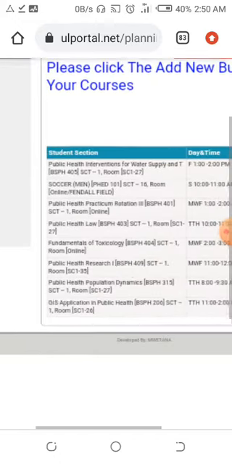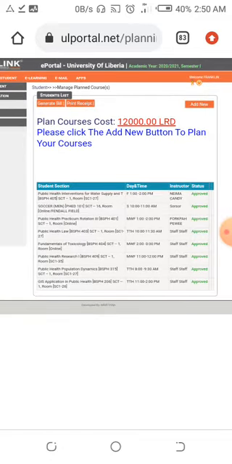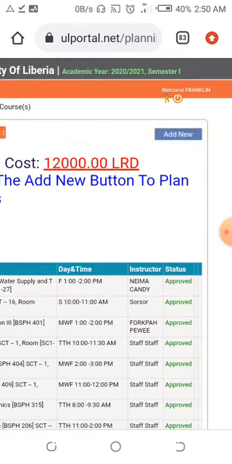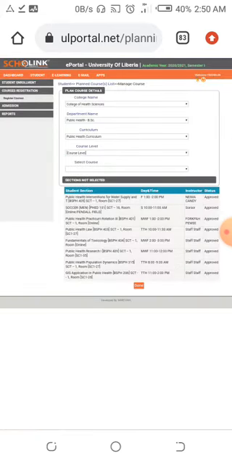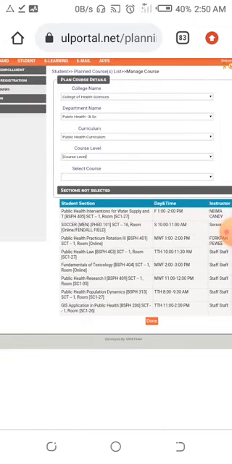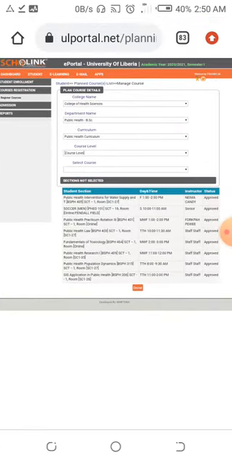So here, as you can see, if you click register courses, it will bring you here. If that's your first time, you wouldn't see anything here, right? So on the upper right, we click the add new button, and the add new button will bring us here where you see plan courses or details, right? So I've already planned my courses. That's why you see all these courses here. But for example, if you haven't planned anything yet,